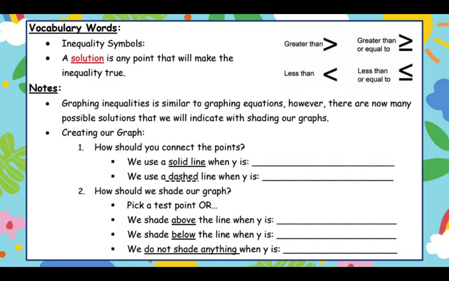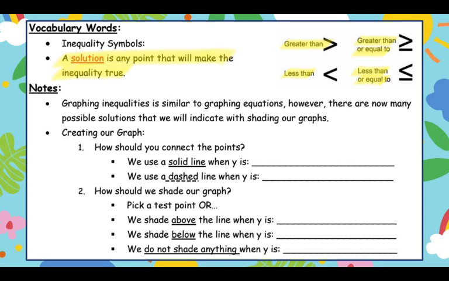So before we start graphing anything, we do need to pay attention to some key vocabulary. So we have these inequality symbols that we have talked about before: greater than, less than, greater than or equal to, less than or equal to. And we have solutions for your inequality, and a solution is any point that makes the inequality true. Now, since we are graphing linear inequalities on a coordinate plane, there's a couple key things that we need to pay attention to